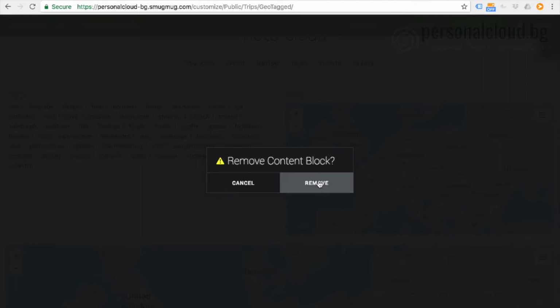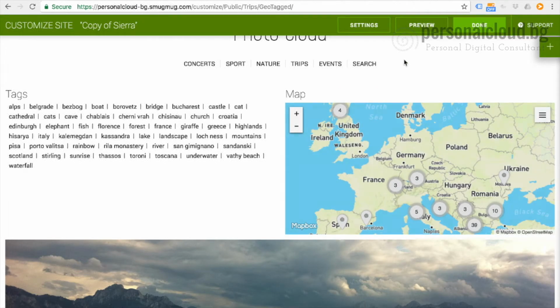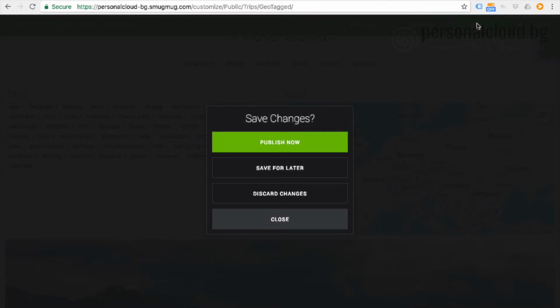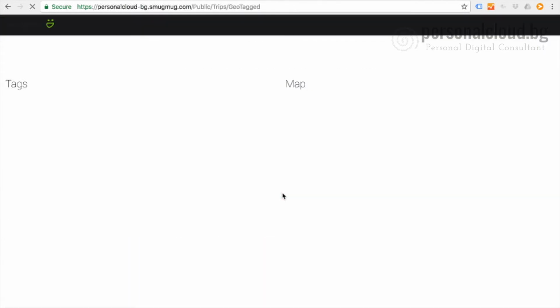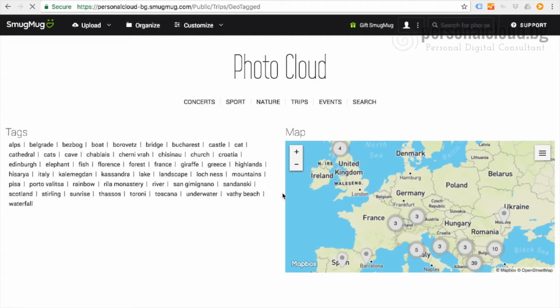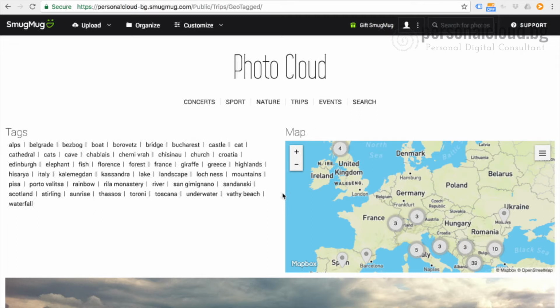Right. So speaking about maps, in order to have a map of your photos, these photos need to be geotagged. The photos can be geotagged straight from your camera or smartphone, if it supports the geotagging functionality, or similarly to tags, you can add the geolocation manually within the interface